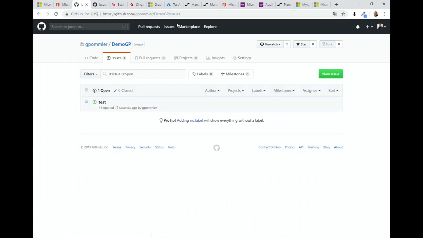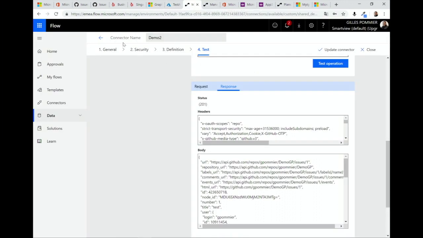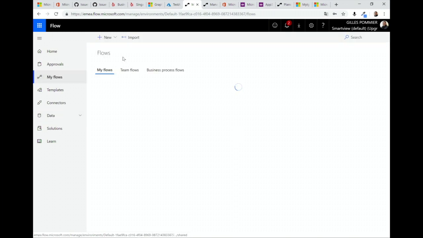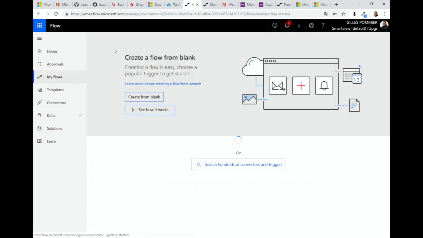So if I want to use this in my flow, I just have to click on my flow, and then I will create a new flow, create from blank.